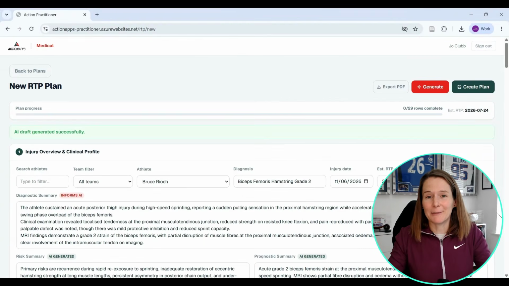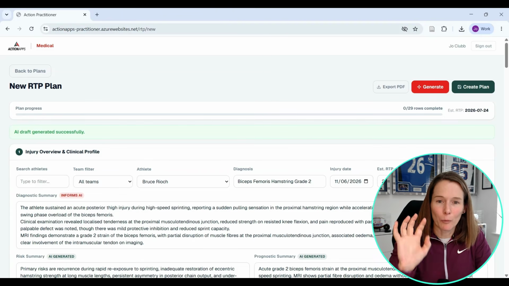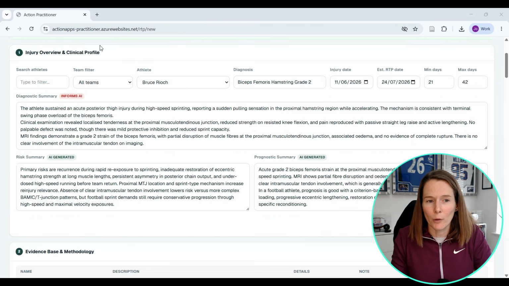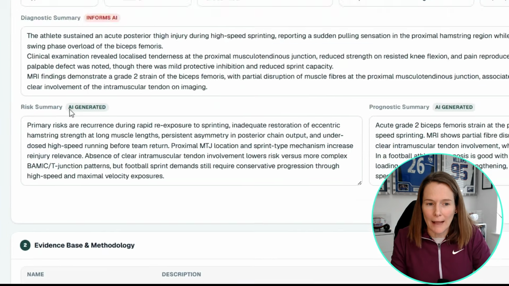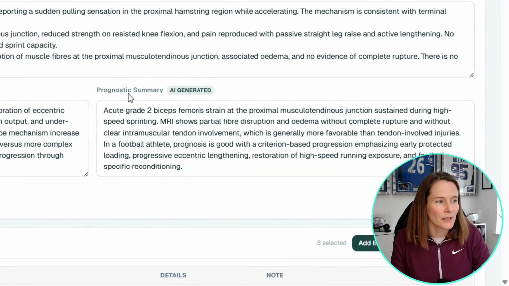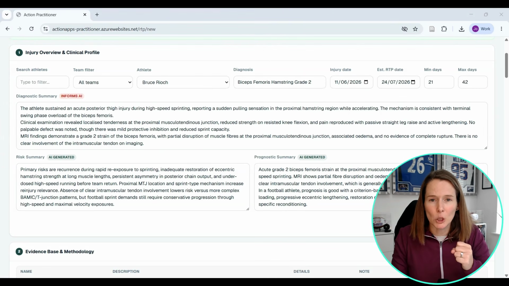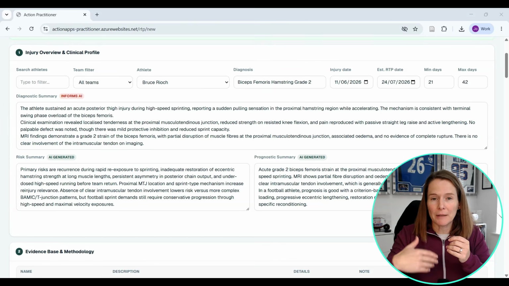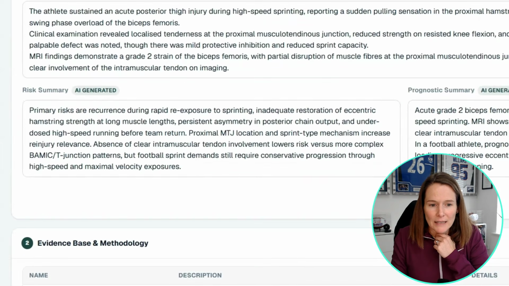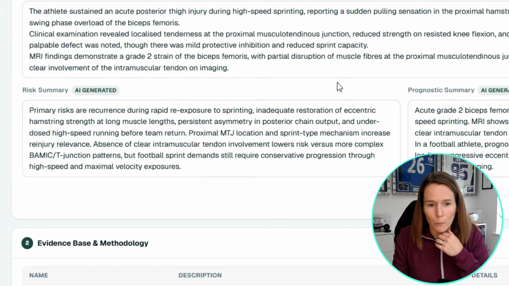And we saw that I didn't even get a chance to finish explaining all of that. And in that time, the report has been generated. So we can see then in our overview, in our clinical profiling, that AI has generated our risk summary and our prognosis summary. Now, clearly, these need to be verified by the practitioner, but hopefully, based on the information given and the evidence from the literature that's supporting it, that these paragraphs then would support the clinician's view,